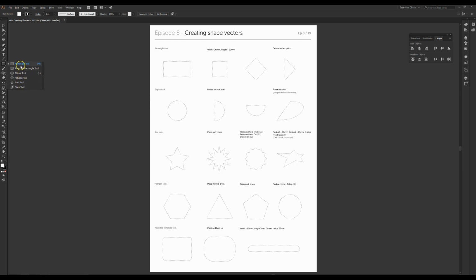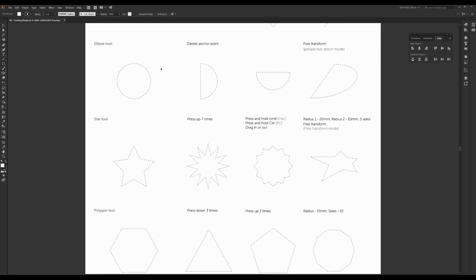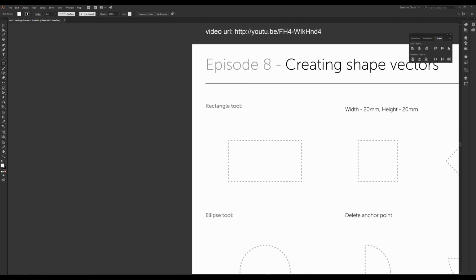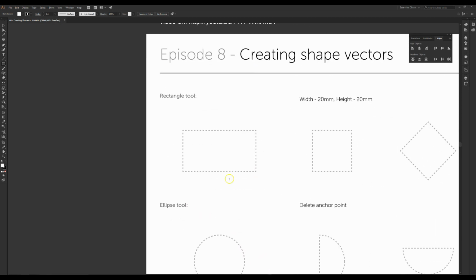So we're going to start with the first one, which is simply your rectangle tool. If that one's not already showing up, if you have the star tool or the ellipse tool or something showing, you need to click and hold and select the rectangle tool. Then you're going to come into your document. You might want to zoom in a little bit, and you're going to click on the edge, and click and drag